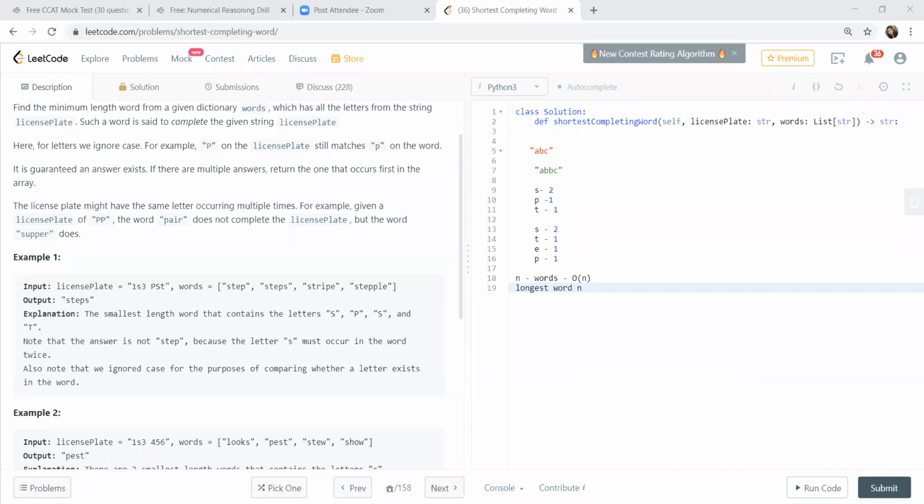I'm thinking of this approach, but I'm not sure if that's workable. So let's say I create a map, and the key will be a string, let's say here's all the words that have 3 S in it. So the key will be 3 S, and the value would be a list of words that have 3 S. And I create a map like that. Then